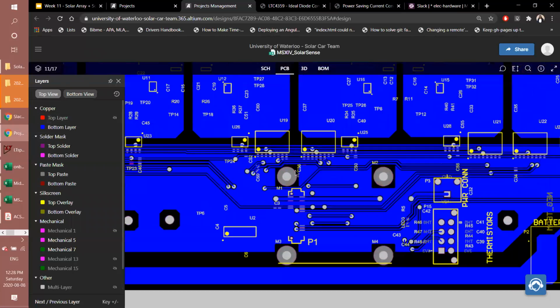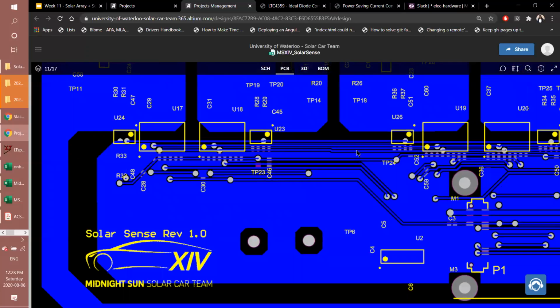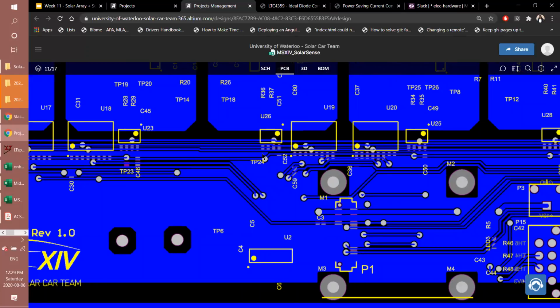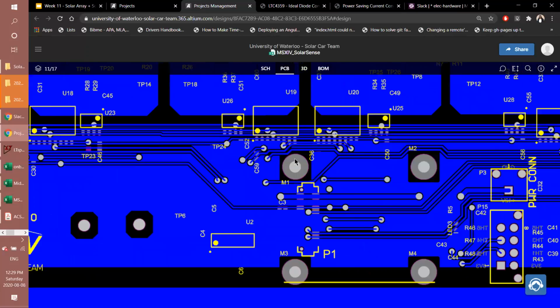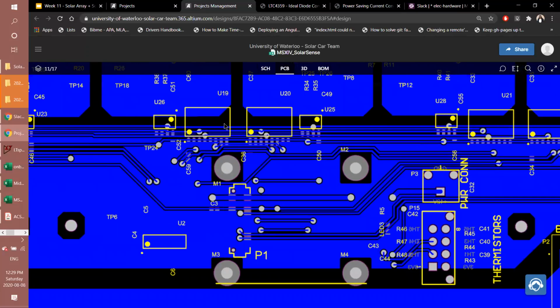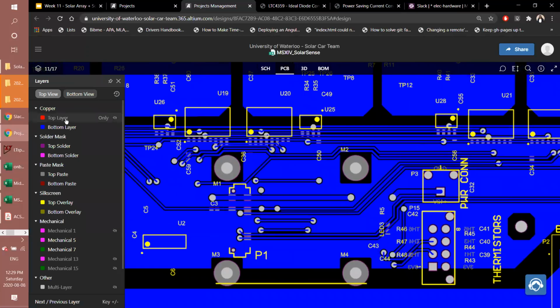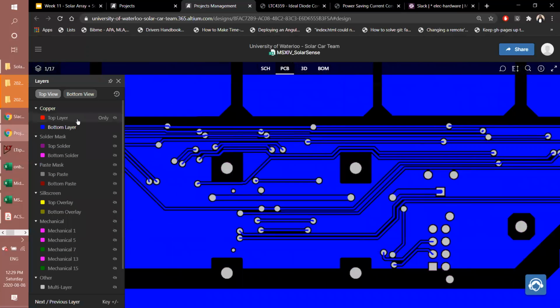Yeah. So all of these parallel-running traces have to connect all the clocks, all of the MOSI lines, and all the data lines for all of these ICs. So that was kind of hard to route. And then they can't be concurrent with anything on the top layer for signal integrity purposes. So how I routed this is everything on the bottom ran horizontally,